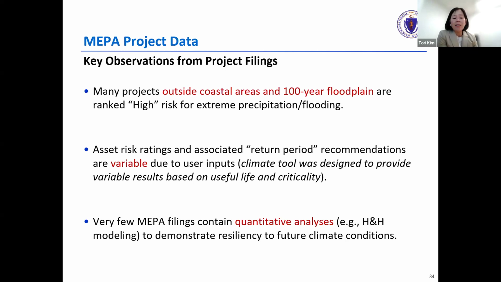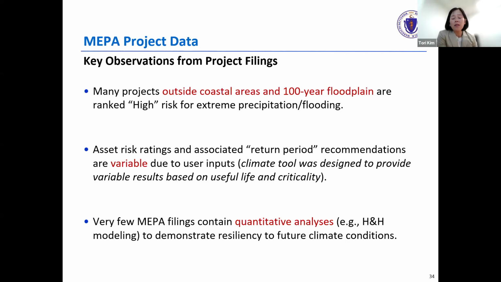In terms of the asset risk ratings, those are the risk ratings for the specific assets that are proposed. They are somewhat variable, but I think what we've learned is that the climate tool was designed to provide variable results based on how critical the asset is assessed by the user.